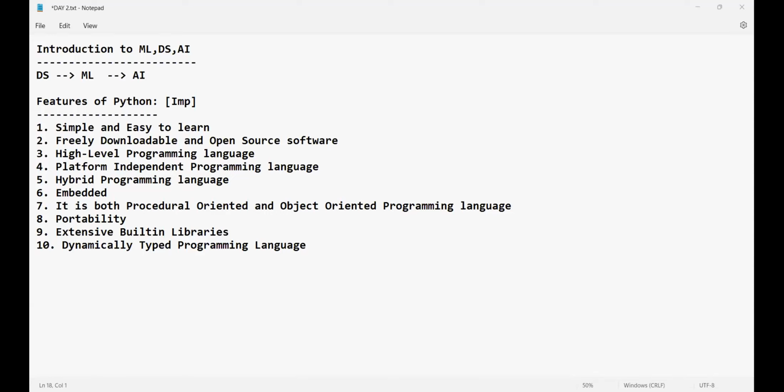Some of them are telling, sir, Python is easy, Java is easy, C is easy. You tell me which programming language is very easy. Shall I give you the difference between C, Java, Python? Will that be fine if I give you that? Yes, please do respond.